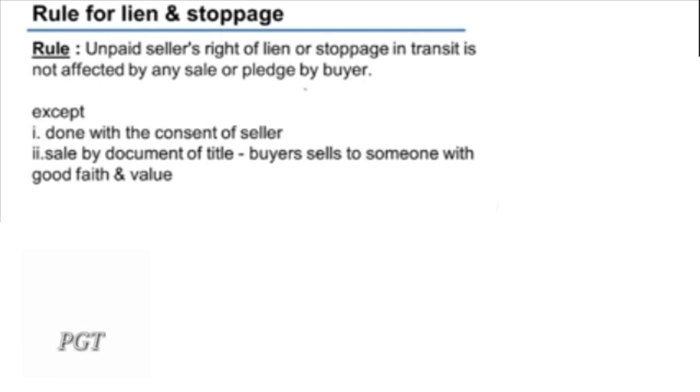First, done with the consent of the seller, where the seller allows the buyer to sell the goods or allows him to keep the goods for pledge. We've already studied this point. When the seller, with his consent, allows the buyer to sell the goods to third parties, he loses the right to lien. Same is the case with right to stoppage in transit. Next, sale by document of title. Again, we studied this point. The seller loses the right to lien over the goods if documents of title to the goods are given to someone by the buyer in good faith and for value of